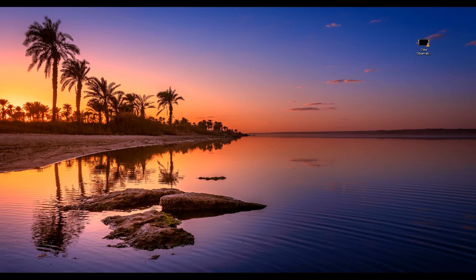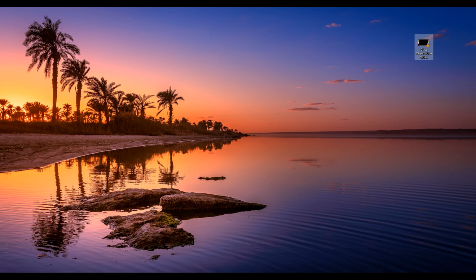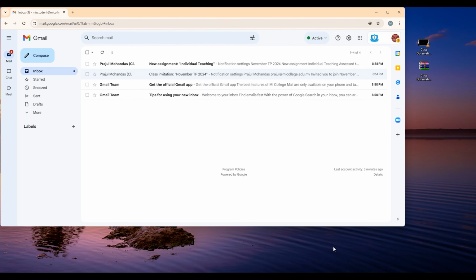So first, what you need to do is record the video and copy it to the PC, and then right click on it, go to compress, and select zip file. Once you zip the file, there will be a RAR file or zip file available. Then you need to go to your email account and open Google Classroom,